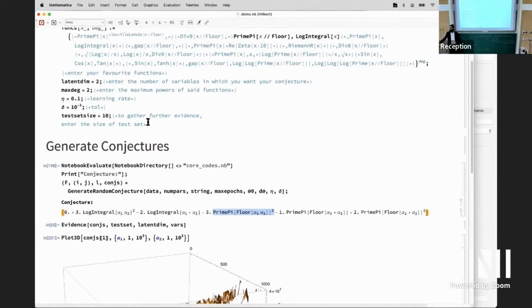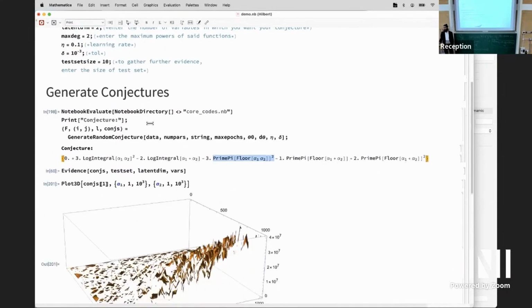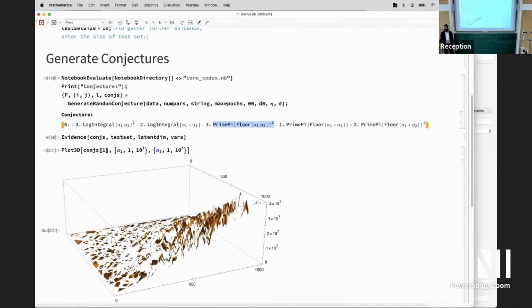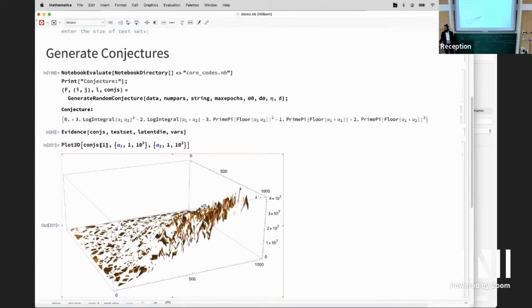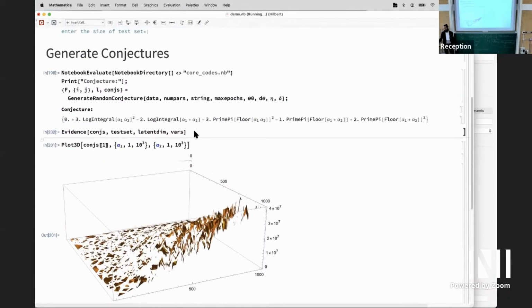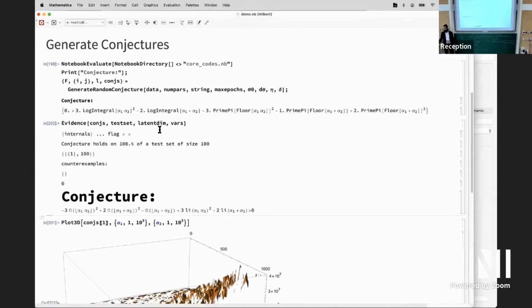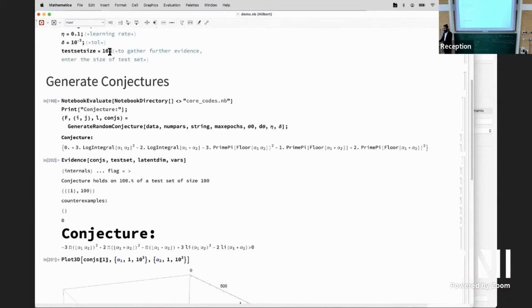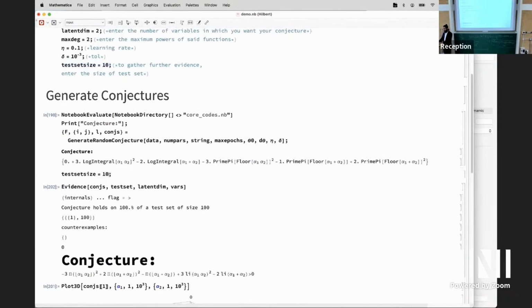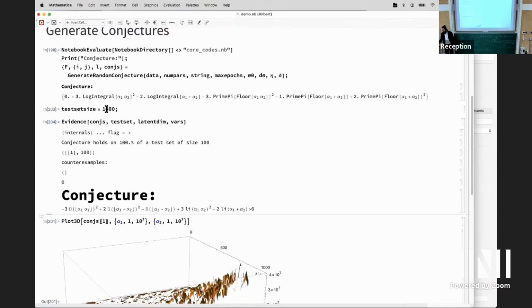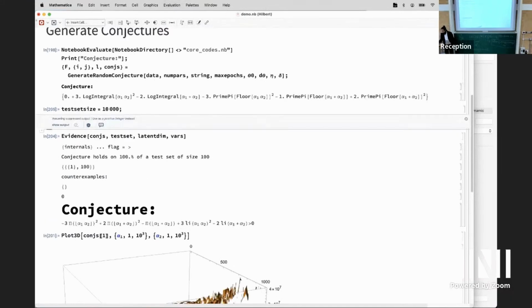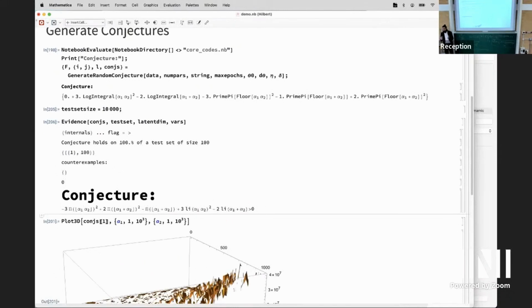Actually, training set size is 10, and it's much easier to visually see why it's true by plotting it rather than evidence. One can also make evidence for this on some 10 points. You can say, okay, I'm going to increase the test size to, let's say, 1,000, and let's collect evidence in favor of that. It checks out. No counterexamples so far. The range in which it is searching for counterexamples is for numbers up to a million.